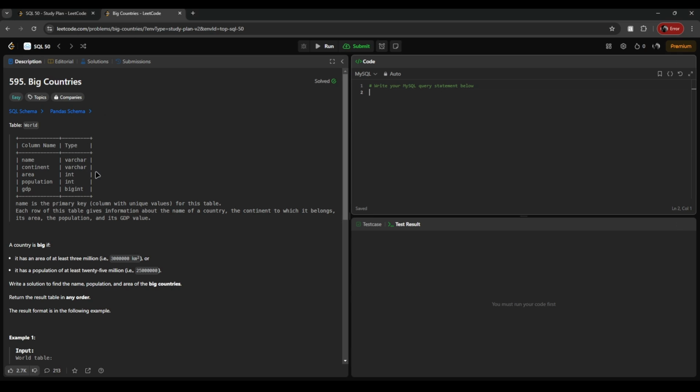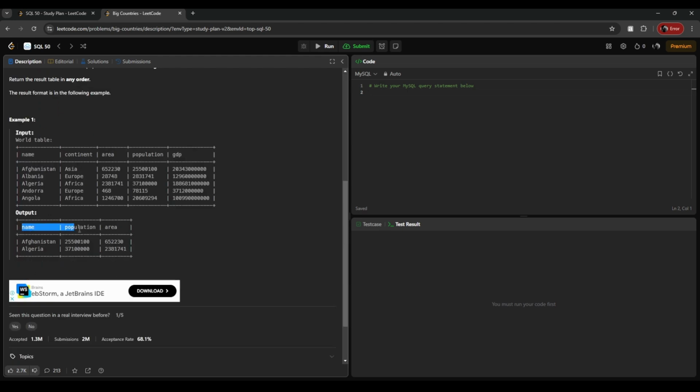Problem: big countries. A country is big if it has an area of at least 3 million square kilometers, or it has a population of at least 25 million. So write a solution to find the name, population, and area. So we need three columns here,